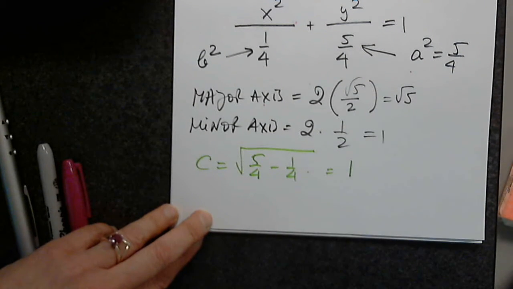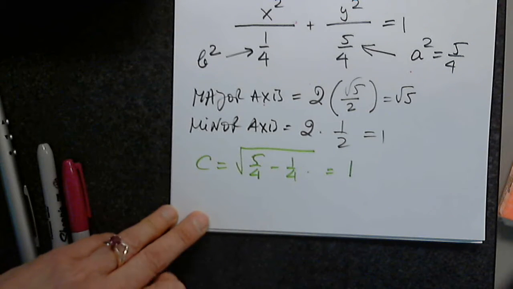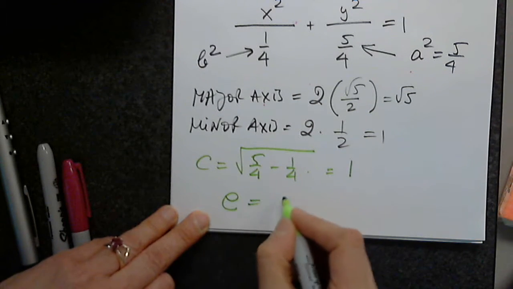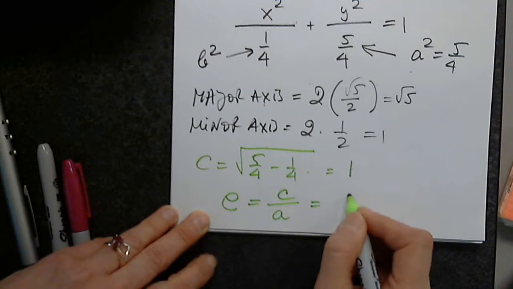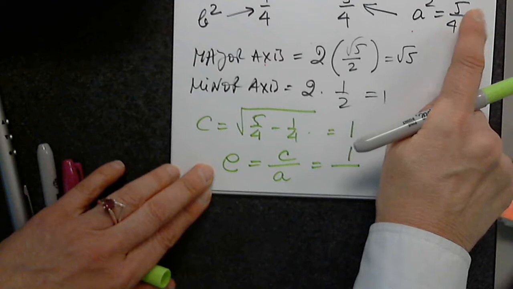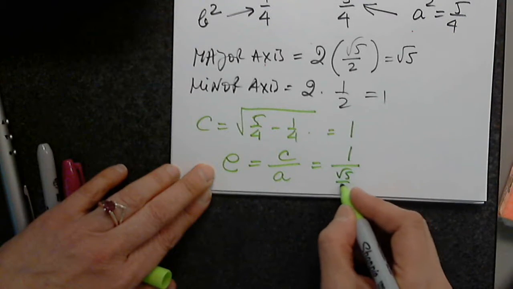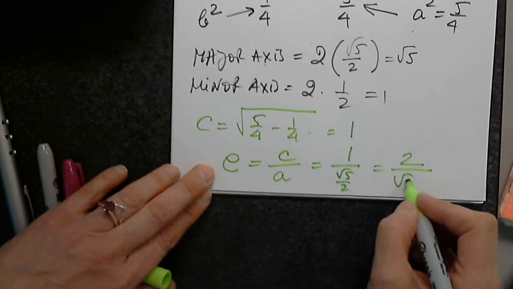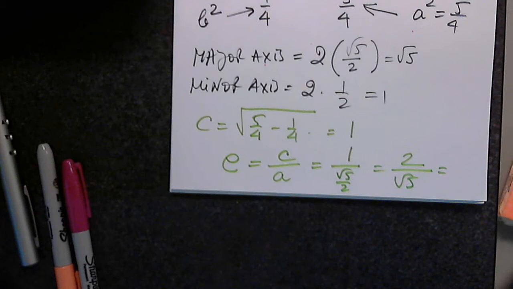Yes. That is c. It's not the eccentricity. The eccentricity is c divided by a. 1 divided by the bigger of these two, which is the square root of 5 over 2. So it's 2 over the square root of 5. It must be a number less than 1. So when I plug in 2 and divide by the square root of 5, I get 0.8944. So the eccentricity,